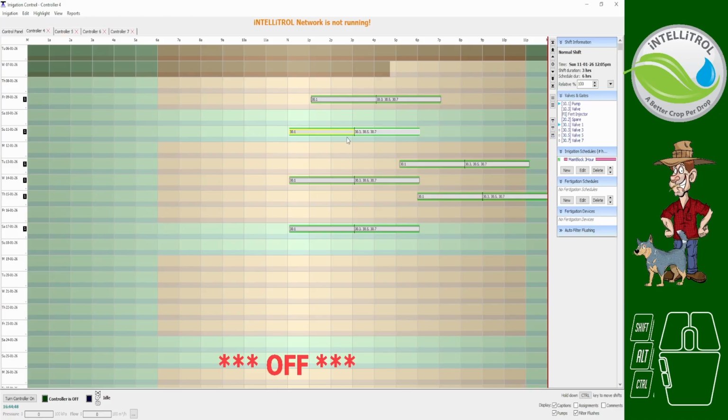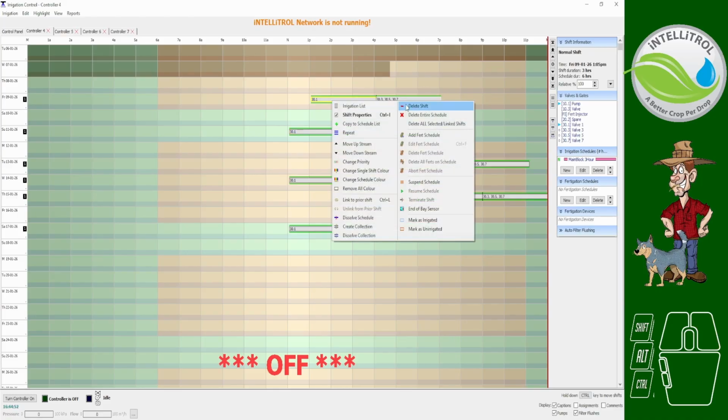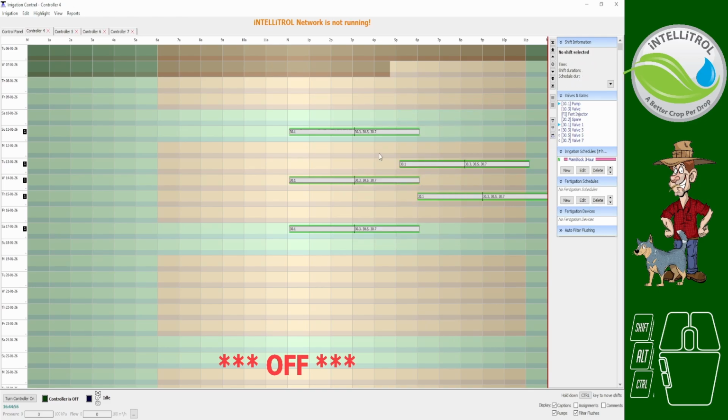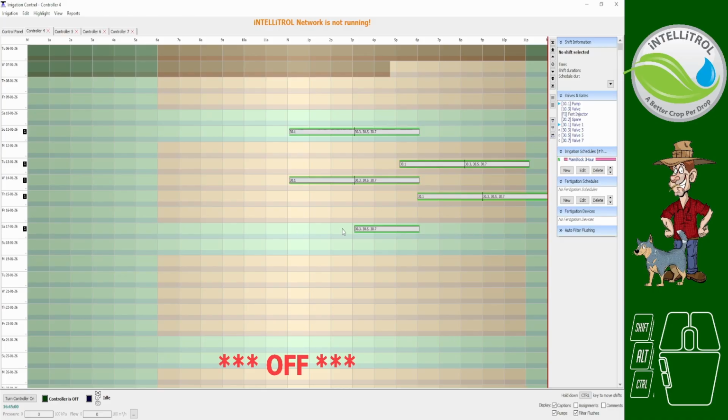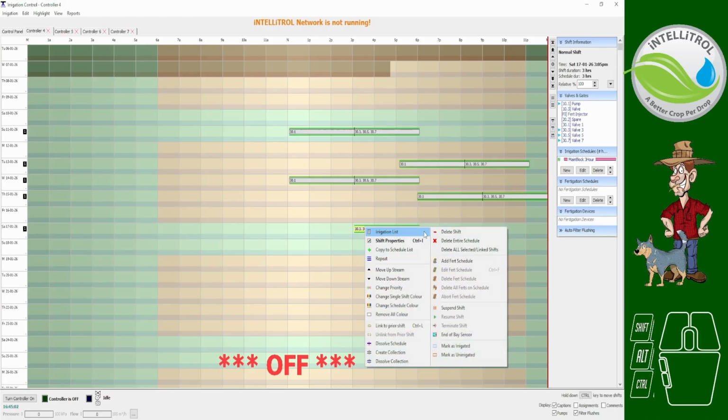If you need to delete a schedule from your timeline, simply right-click on it and hit Delete Entire Schedule. That will remove the initial shift and any other shifts linked to it. As you can see, when I hit delete shift on this one, it does not delete the entire thing,